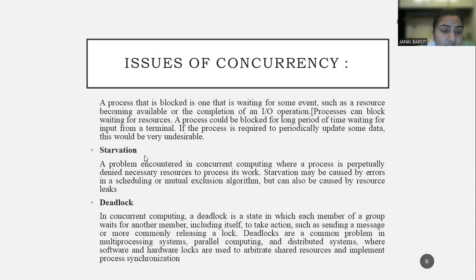Another one is starvation. Starvation means what? A problem encountered in concurrent computing where a process is